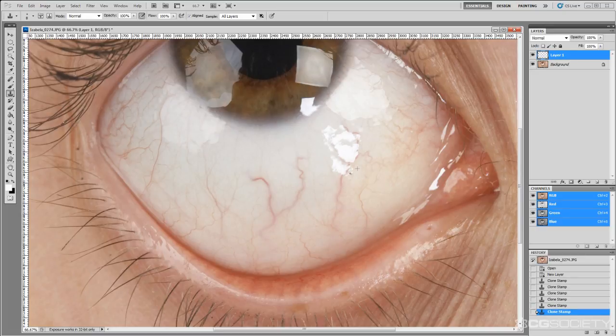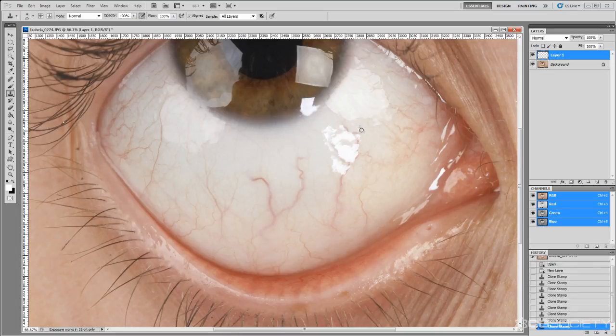Now it doesn't have to be perfect. You can be a bit more gestural here because we don't really ever focus on scleras that much, and they're always moving and darting around, so it's not going to be a huge deal, but just try to do the best you can to clean stuff up,